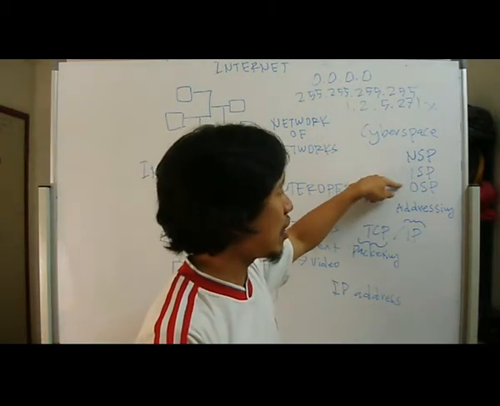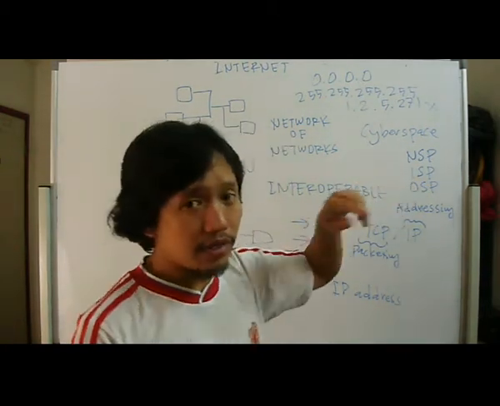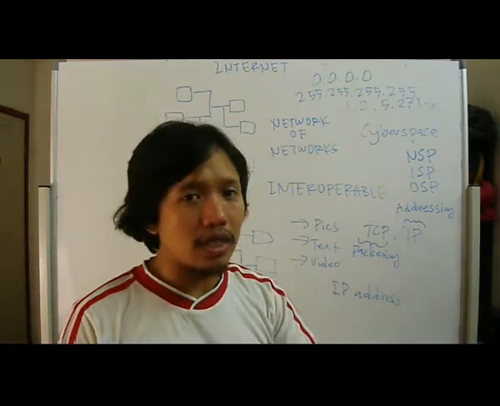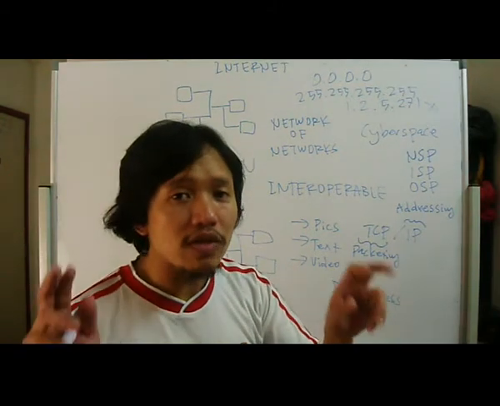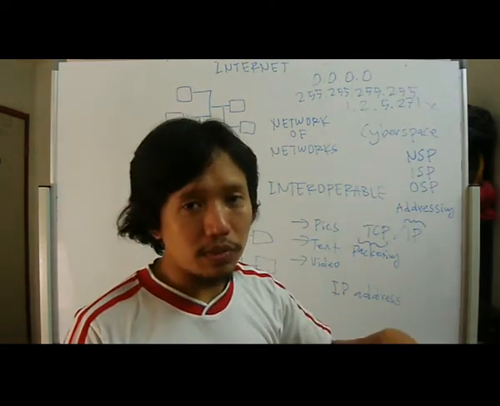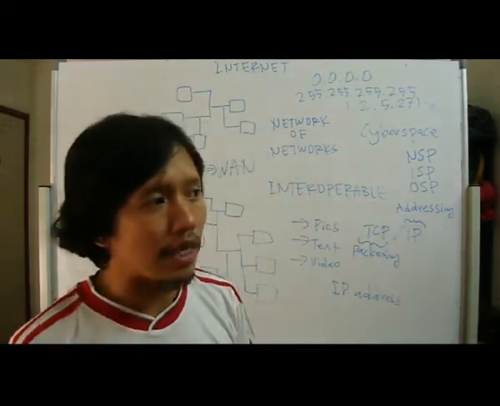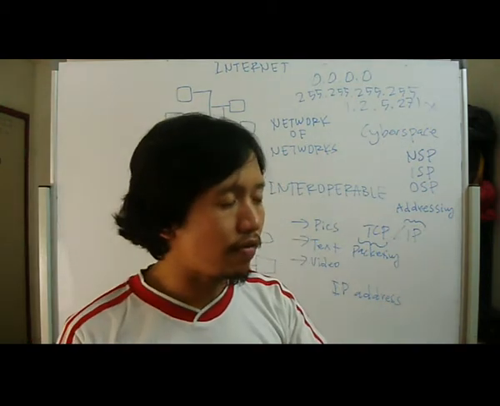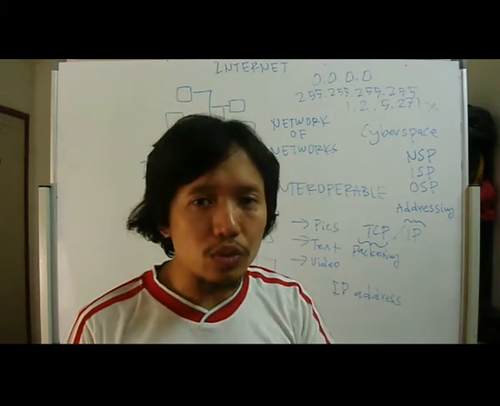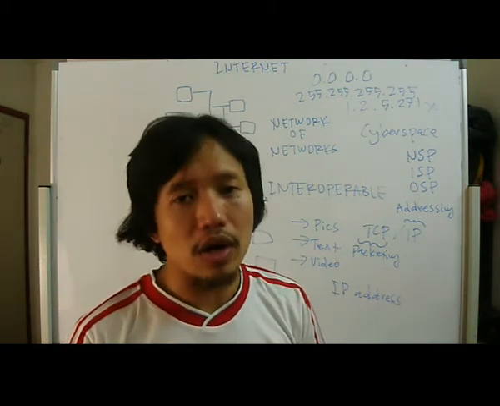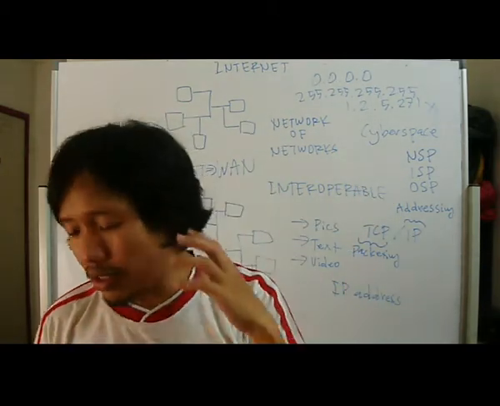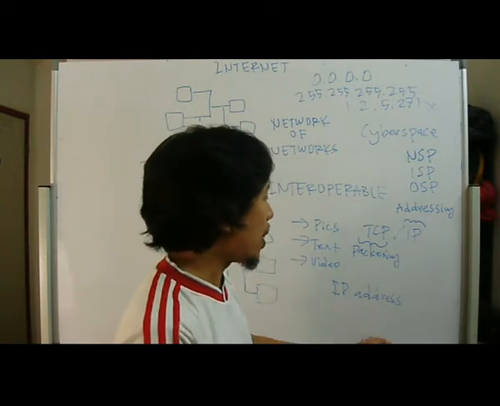Then we have companies like TM and so on. Online service providers are different from internet service providers in the sense that they give you access to the internet as well as access to exclusive content that they build themselves. So that's the difference between ISP and OSP. For example, if you use an OSP, you might have exclusive email, exclusive news content, certain services like chatting or whatnot. So internet service providers and online service providers are the types of providers that will give you access to the internet by way of different methods.